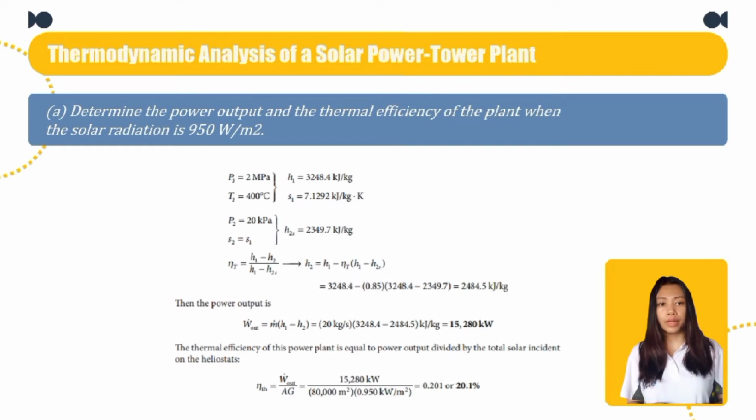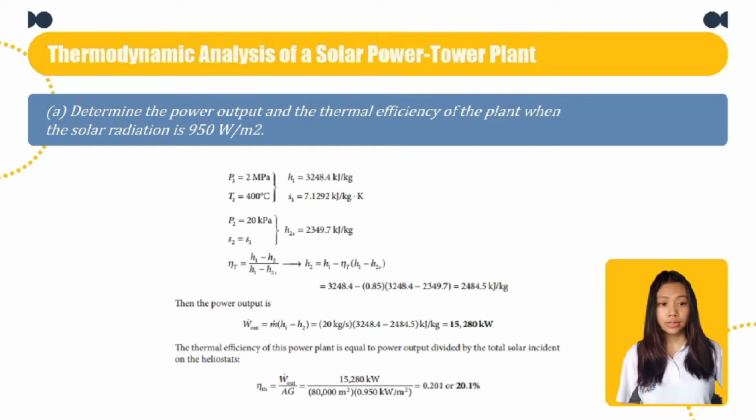Since the isentropic efficiency is given, we will be solving for the work delivered by the isentropic turbine, which yields 2,484.5 kilojoules per kilogram, which will then be utilized to solve for the output power, which is the product of mass flow rate and the work delivered by the actual turbine,